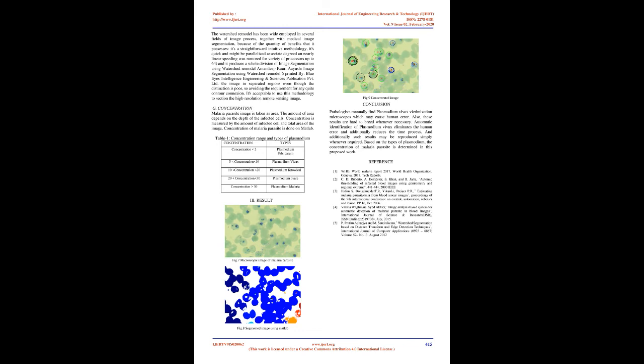At the end of this immersion process, every local minimum is completely surrounded by dams, known as watersheds of the image surface. The watershed transform has been widely employed in many fields of image processing, including medical image segmentation, because of the number of benefits that it possesses. It's a simple, intuitive method. It's fast and can be parallelized. A nearly linear speedup was reported for a number of processors up to 64, and it produces a complete